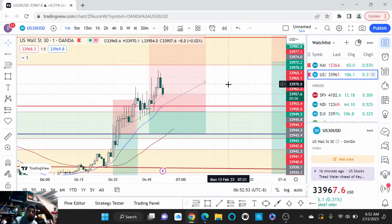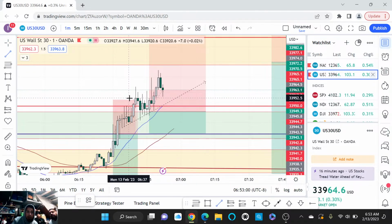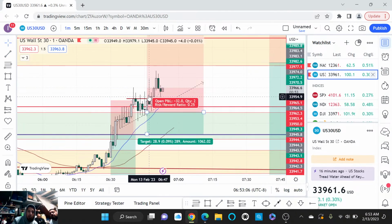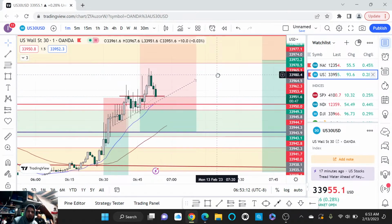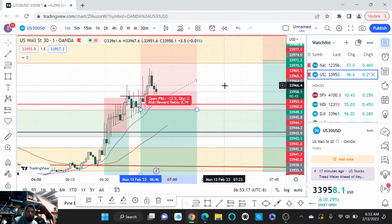Yeah, you see how it did that? You can see here there's a nice little resistance level right there. So it's kind of like a shelf, right? Broke through it. Now it's using it as support with the trend line. It continues back up. We'll see. I do want to take this trade all the way down, so we'll see if